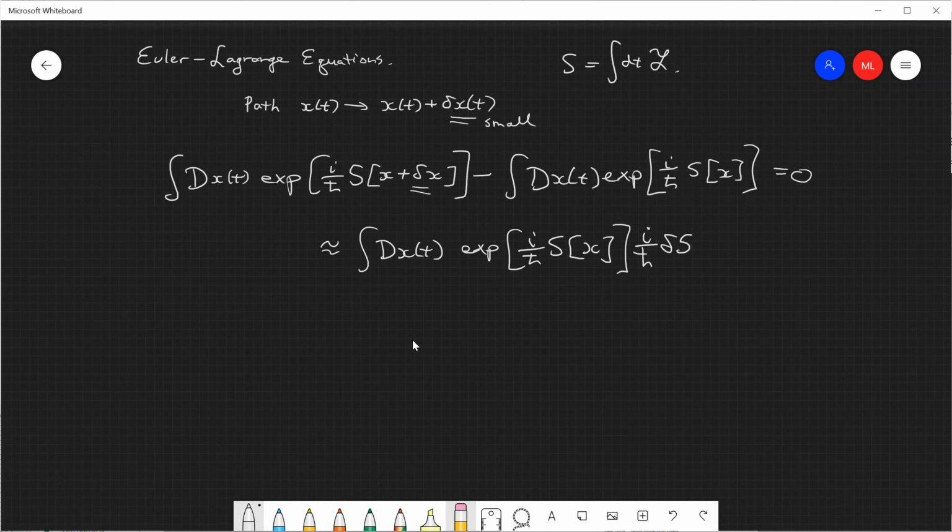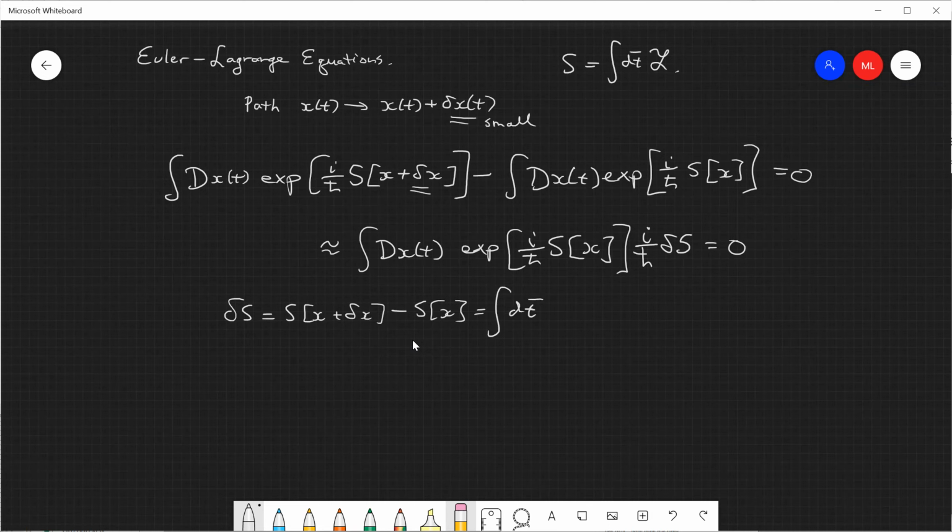The 0th order term will just cancel this part, and the first order term will give you this, and this is equal to 0. And I'll tell you what this is. Delta s is just, of course, the difference in the actions, the perturbed and unperturbed actions, which if you do the calculus of variations, you might remember from classical mechanics, it's just the integral, put a bar